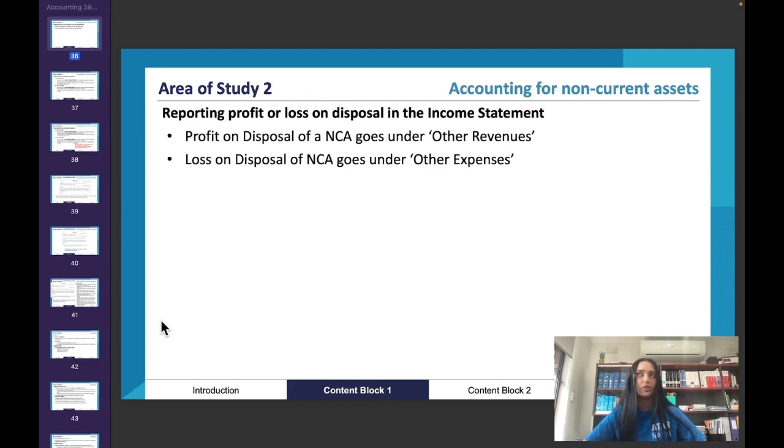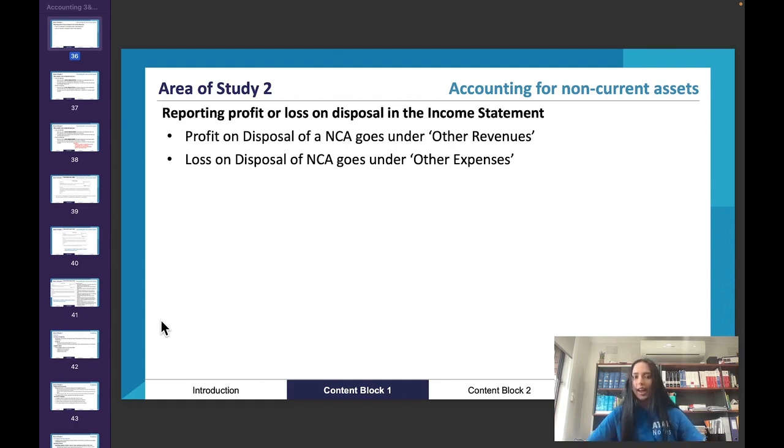And it's really, really important that you understand that, because that is a theory question that they could ask you. Why does this revenue go here on the income statement? Or why does this expense go here on the income statement? You really need to have a good understanding of the order of the income statement. It's not just memorizing the order, knowing it's cash sales, credit sales, less sales returns, less cost of goods sold, gross profit, less inventory loss, less inventory write down, adjusted gross profit, add other revenues, less other expenses, net profit or loss.